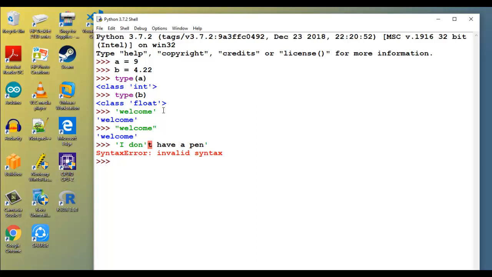In this case it throws an error since it has started with a single quote and ended there itself, but the rest of it is not considered part of the same string. So if we want to correct it, we can use double quotes, like "I don't have a pen",